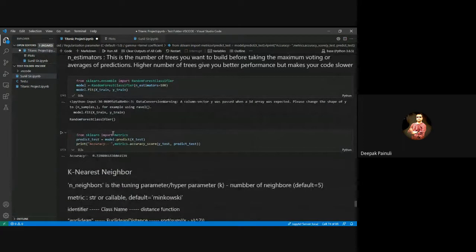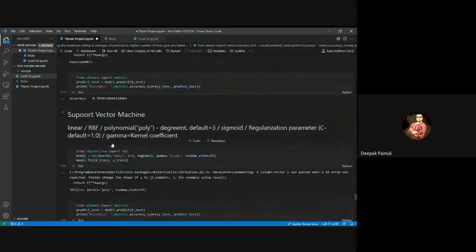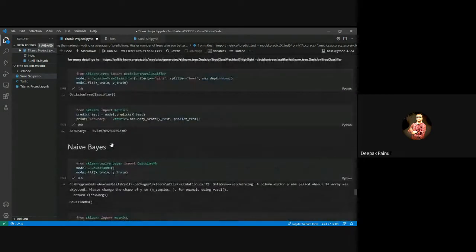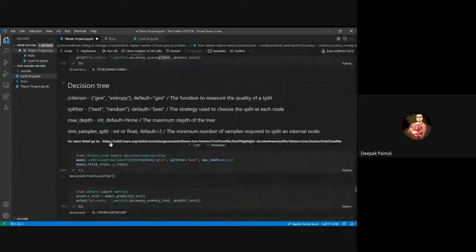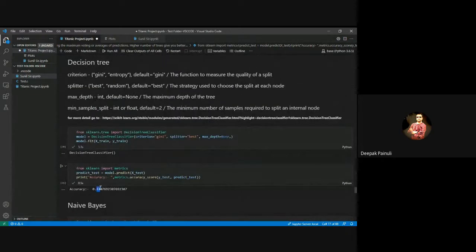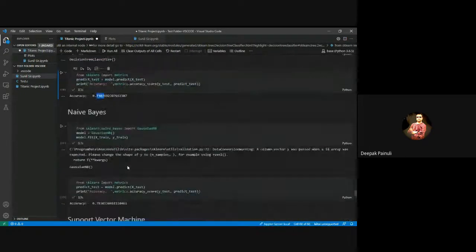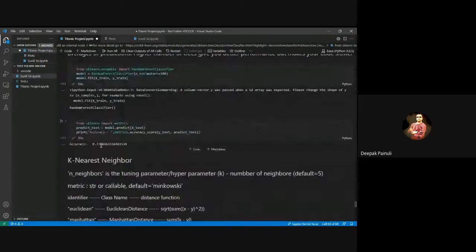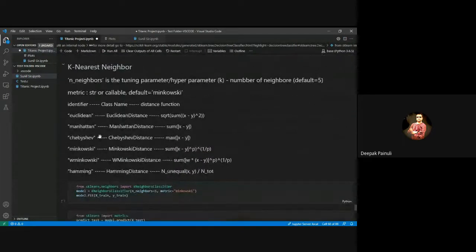Now check the accuracy. It is giving 77.88, right? That means all the decision trees which were giving the output, 77 is the maximum accuracy. See, at the time of decision tree, single decision tree is giving 73.7. But here random forest is giving 77.88. That means one of the trees has given this much of accuracy, highest accuracy, right? Okay. Now k nearest neighbor, which is a clustering technique or classifying technique, right?